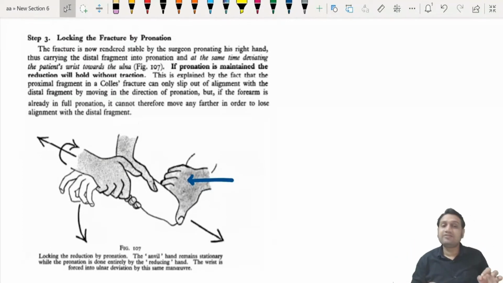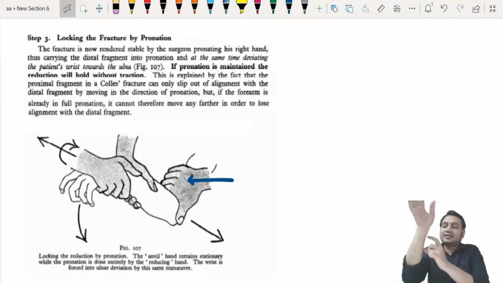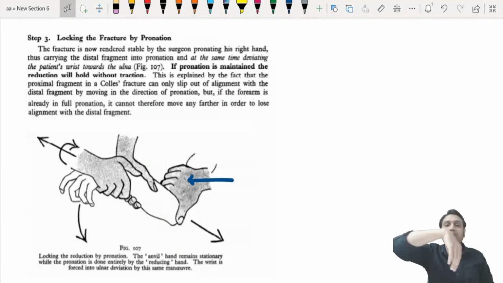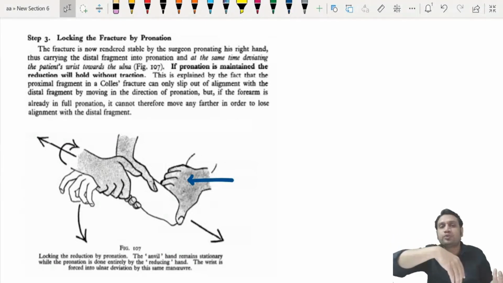So now what is going to happen? Now this fracture will be made stable by pronation. You had a supination and now just pronate it. Maintain the traction and just pronate it, right? Once the pronation is done, this will be locked. Why? Because you know that the distal 1/3 of the radius and ulna give attachment to what? The pronators, right? So once you put the wrist in pronation, there is no other force which is acting on the lower third of the forearm. So the fragment cannot now run away, right?